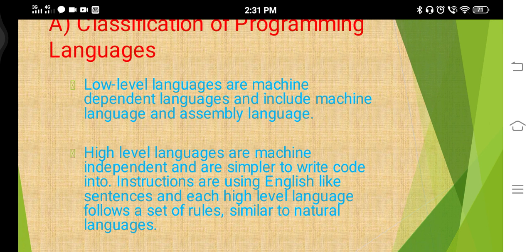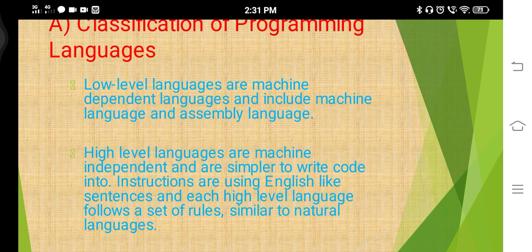Okay, in this video I will explain programming tools. Programming tools means that in order to get some work done by the computer, we need to give instructions which are applied on the input data to get the desired output. Computer languages are developed for writing these instructions, that is known as programming tools.